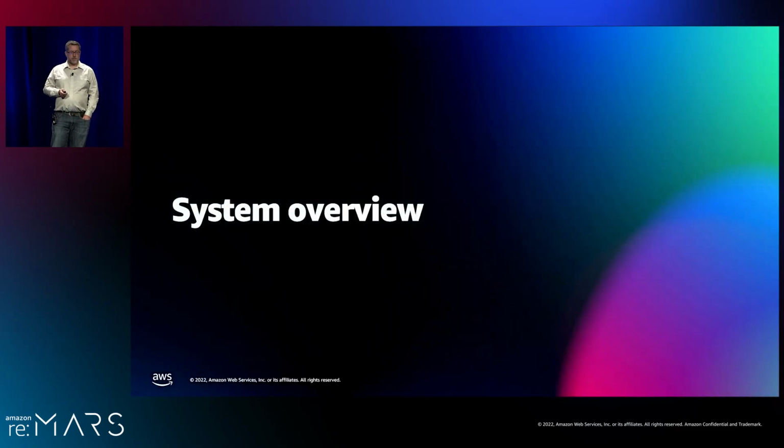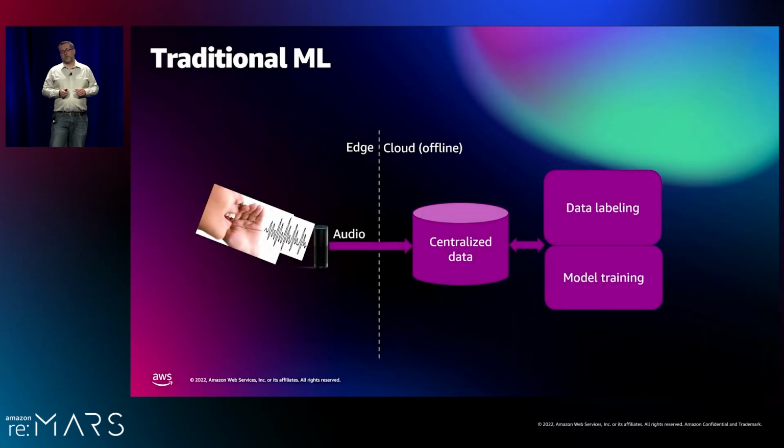All right, now I'm going to walk you through the system itself. In traditional machine learning, all the data from customers' edge devices gets streamed into the cloud. Then the data that we select for training gets stored into a centralized repository for a period of time. The actual training processes happen offline, either on a scheduled basis or an ad hoc basis. First we have to label all that data in the centralized repository, either by humans or by machines. Then, on a separate cadence, we do the model training, maybe every week or two weeks, but we're holding this large amount of data in the centralized repository to do that.